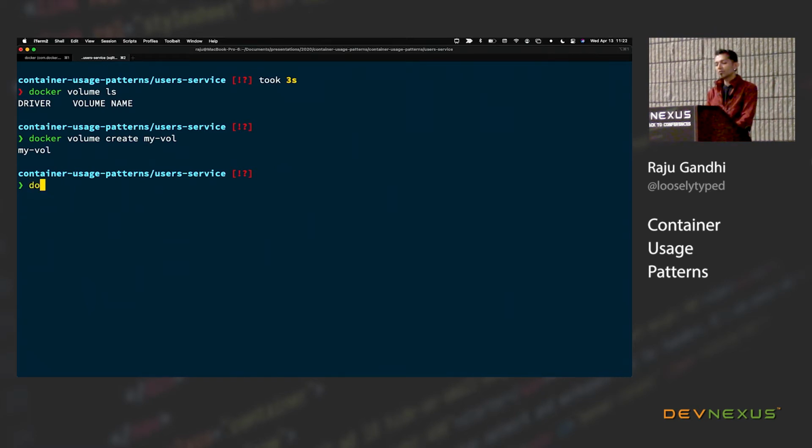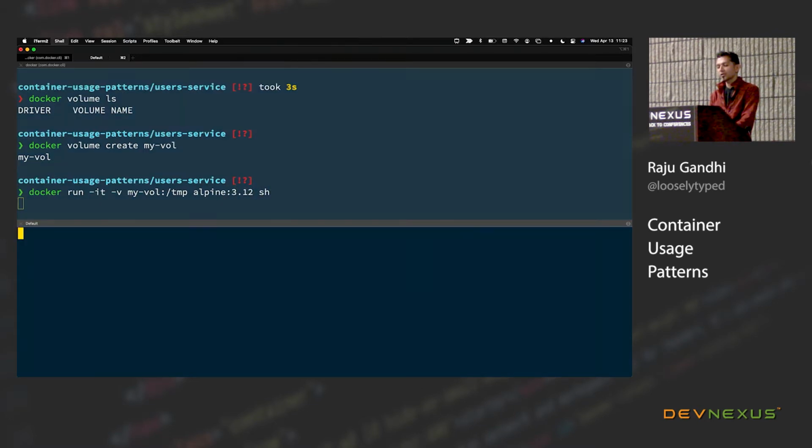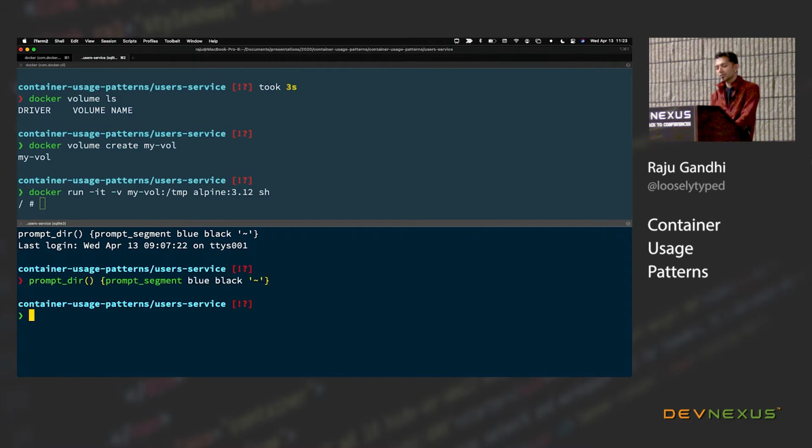Now I can say docker run interactive teletype, mount that volume just like you mount a regular volume, except in this case I'm going to give it the name. Let's just mount it to /temp. I'm going to run an Alpine 3.12 container and start a shell in it,